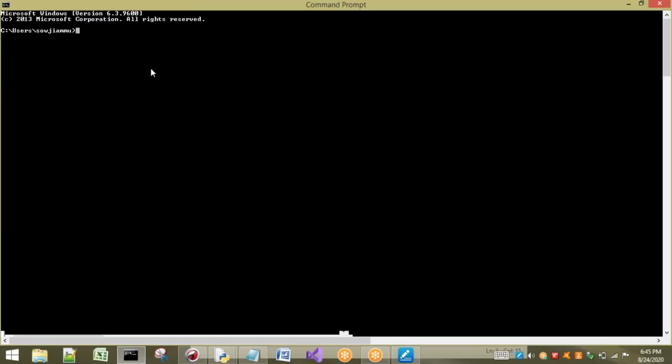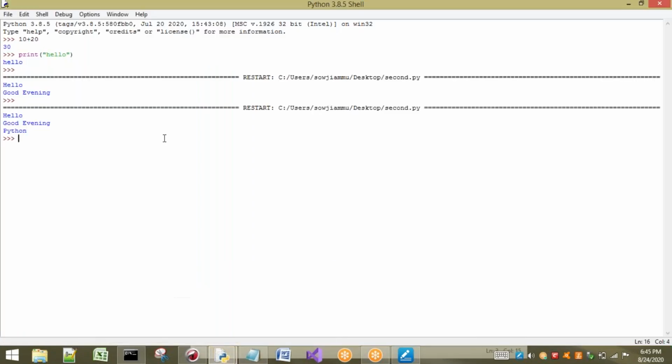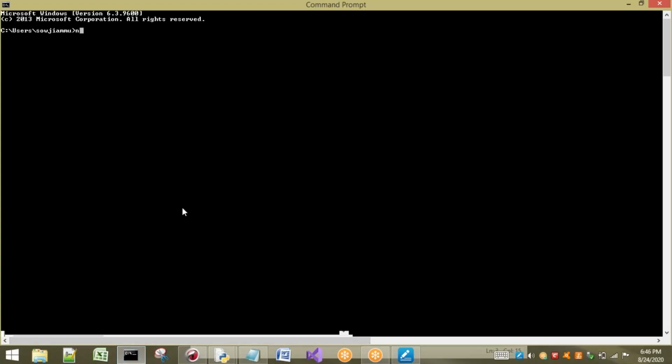Now I want to execute my file, which is stored on my desktop. Let me show you the file once. Already we have seen where I stored it; you can observe the address of the file: C:\Users\...\Desktop\second.py. That means my file is stored on the desktop, so here also I have to go to that same address.